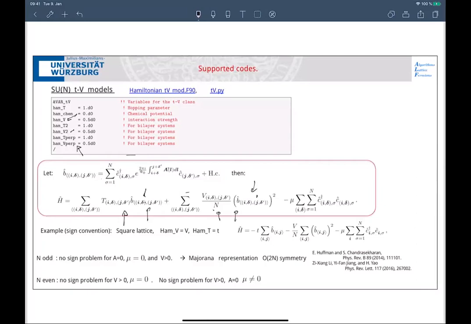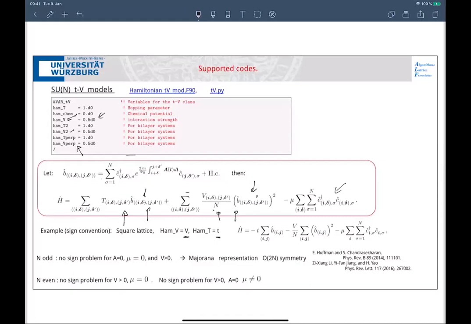The same thing was also done for the Hubbard model. And here's again the chemical potential. The sign structure here is a bit tricky. Because when we specify a T, we mean actually minus T in front of the hopping. So here, if I specify in the model Ham_V is equal to V and Ham_T equals T, then the model which will be simulated is a minus T and a minus V, right? So you will not get a sign problem here if V, which you specify here, is bigger than 0.